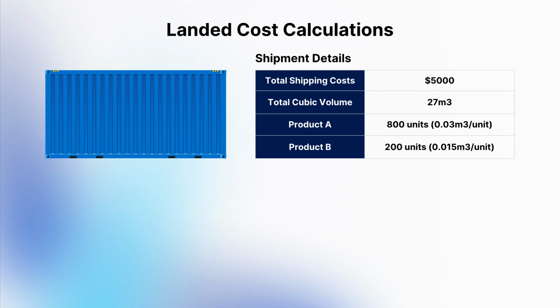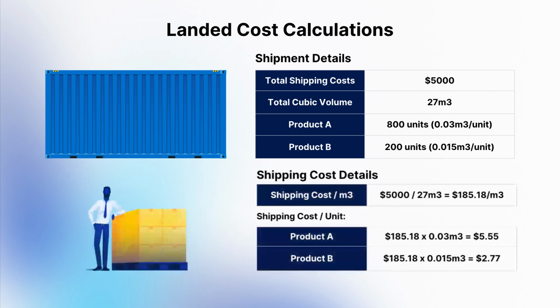The total cost to ship a 20-foot container from the port of loading through to the importer's final location is $5,000. The container was loaded with 27 meters cubed of cargo, which was made up of 800 units of product A at 0.03 meters cubed per unit and 200 units of product B at 0.015 meters cubed per unit. The shipping cost per cubic meter can be worked out by dividing $5,000 by 27 meters cubed, which gives